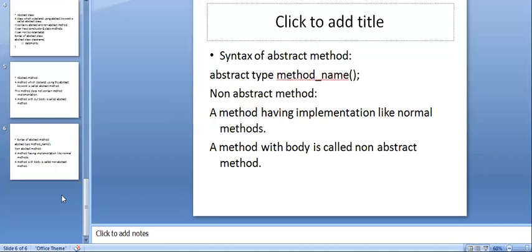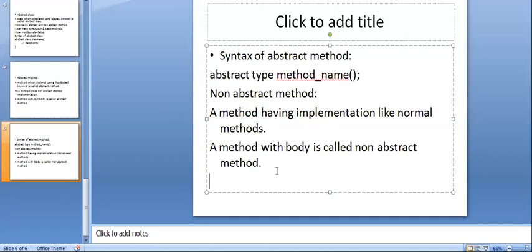So what does this abstract method contain here? We have one note: when an abstract class contains an abstract method, who has to implement it?